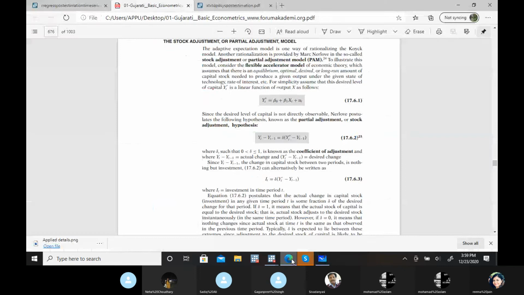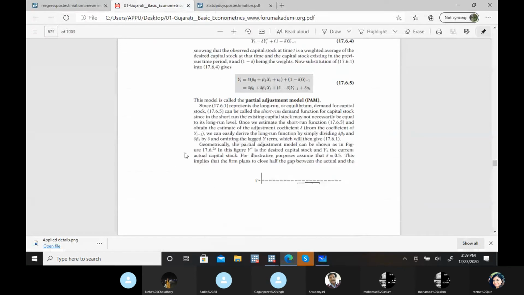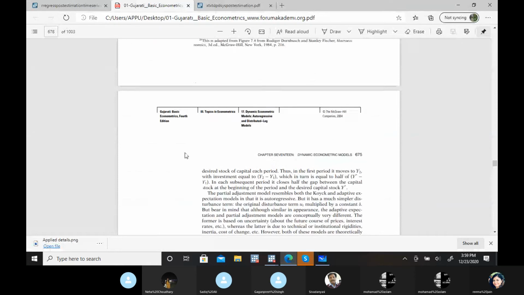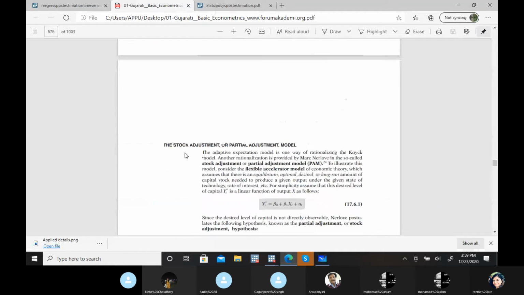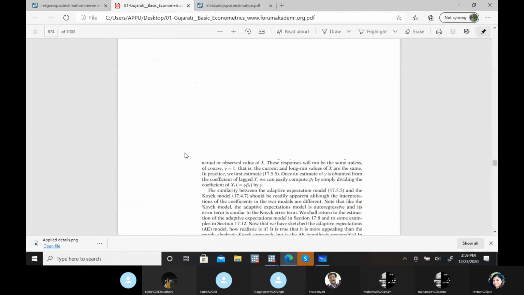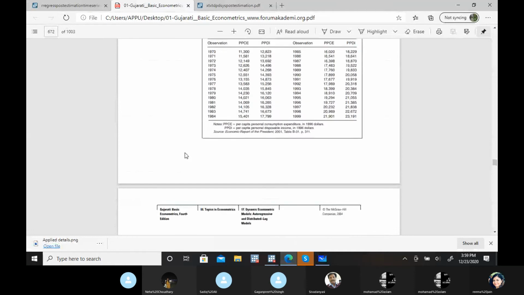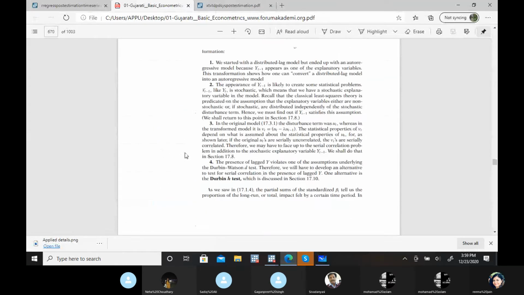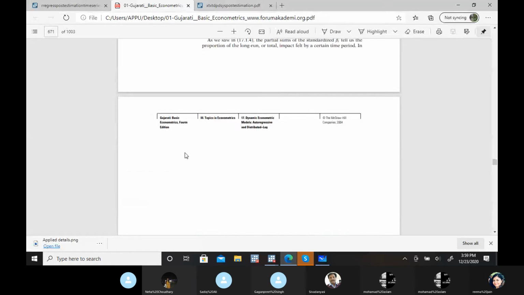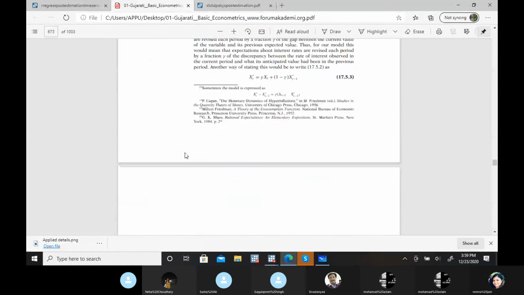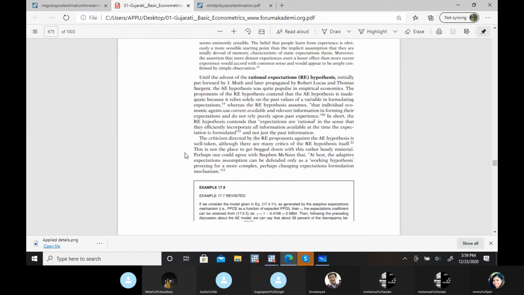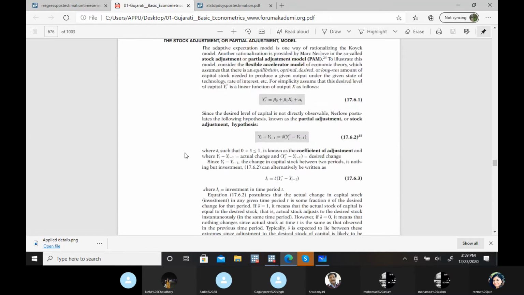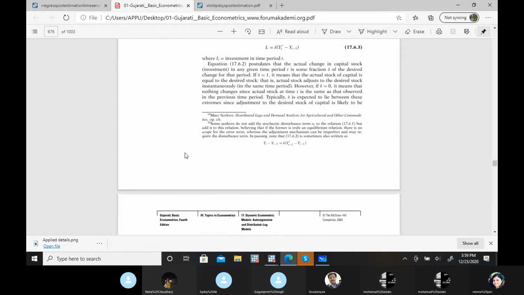Neha, it's not only in this particular model, but yes, for MA purposes, you have to read this chapter in detail, because I have seen questions from this part: short run multiplier, long run multiplier, median lag length, mean lag length. These are all questions you have to prepare for the exam. Preparing for an exam is a totally different thing, and that's typical.